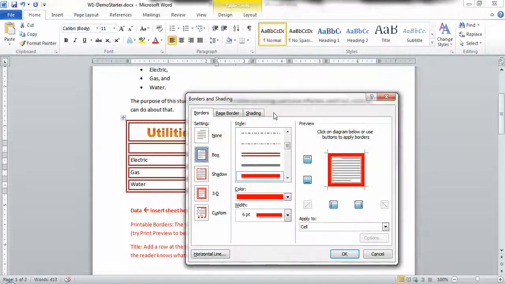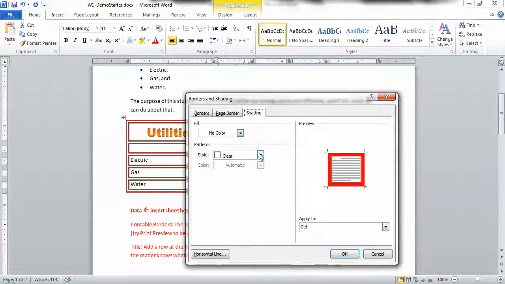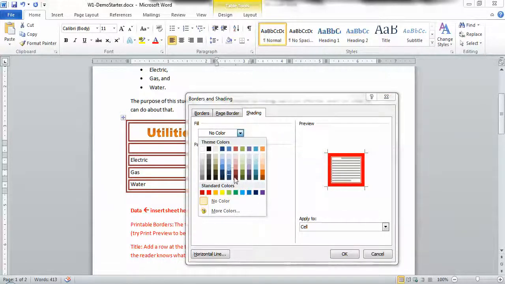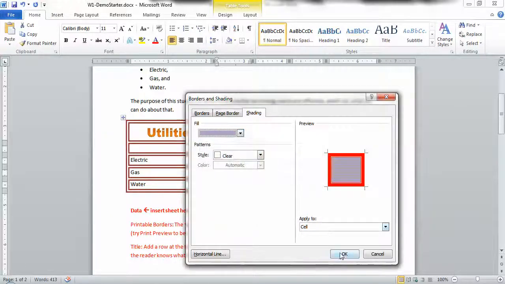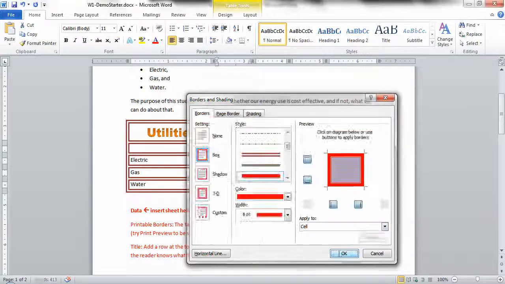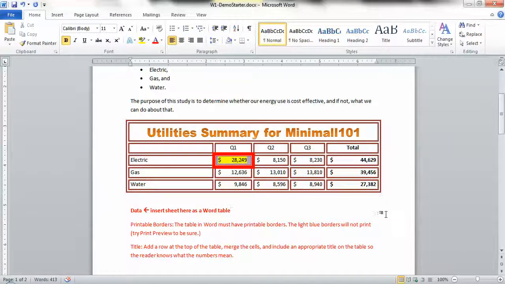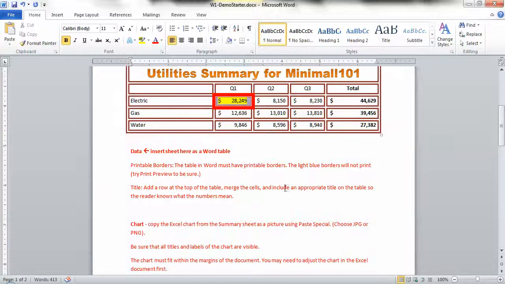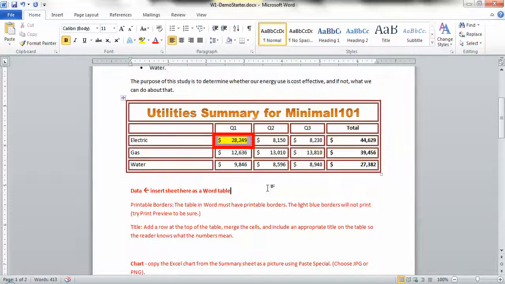And let's change the shading in the cell as well. Right now it's clear with no color. Let's give it a color like, I don't know. I'm not very good with colors, obviously. Look at that. Yuck. Anyway, so there's a difference between highlighting the text and putting shading in a cell. Two different things. Now I happen to have both here. All right. Now, we've done pretty much what I want to do with that